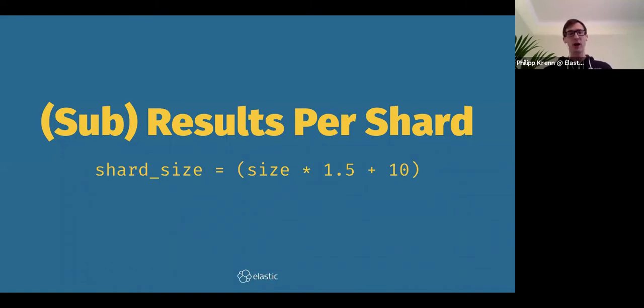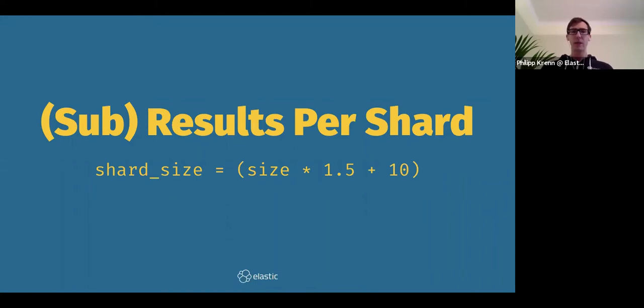Let's assume you have 1 million unique terms. Otherwise, every single shard would need to generate a list of 1 million terms and then hand that over to the coordinating node to combine those. And that would be quite a lot of overhead. You would need a lot of memory to calculate it on every single shard. Then you have the network traffic to hand over 1 million results to a coordinating node. And then the coordinating node would have a lot of overhead just getting the top 11 results out.